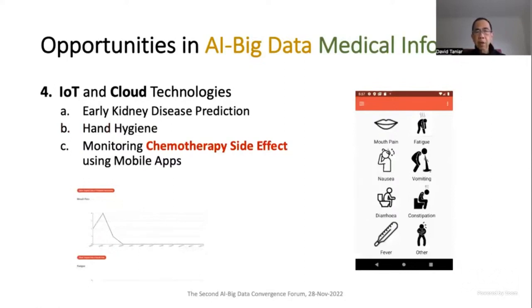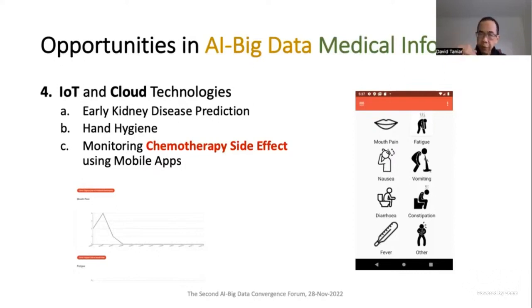The last one that I would like to touch on is monitoring using a mobile phone for chemotherapy side effects. This is a collaboration with a hospital. Normally, when you have chemotherapy treatment every 2 weeks, say, you might experience side effects, right? And when you go to the next treatment, the doctor asks what side effects you've experienced. But sometimes the patient forgets during the 2 weeks. So what we want to do here is build a mobile app so that they can report the side effect in real time when they experience it.